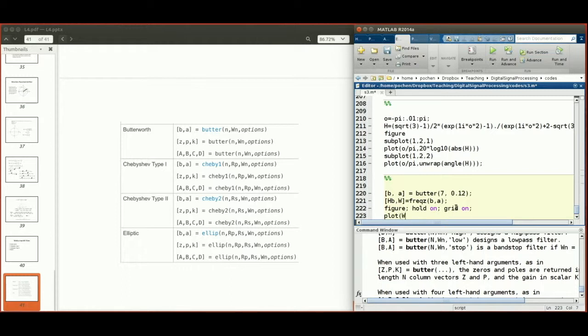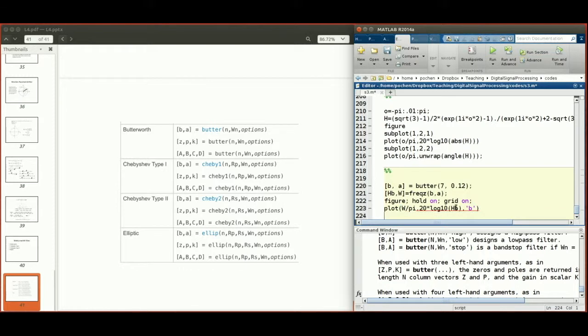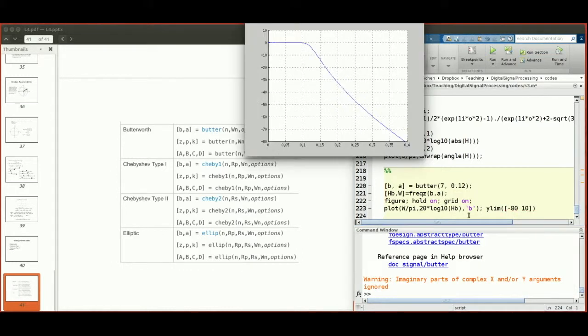And then I'm going to plot W. I'm going to use the normalized frequency, right? And then let's use the log unit. And then let's specify the color. Let's just call it B. So I'm plotting the amplitude in dB in a blue line. And then let me specify the range of the y-axis. Let's just go from like -80 to say 10. Right. And then if we execute this block,